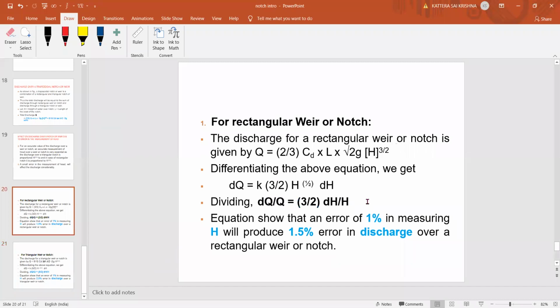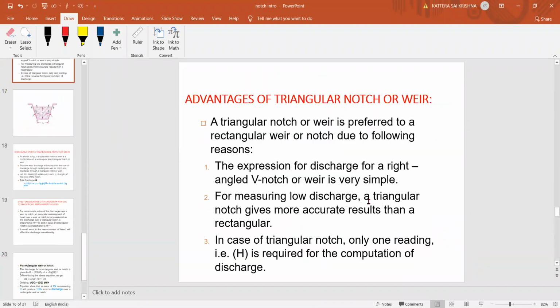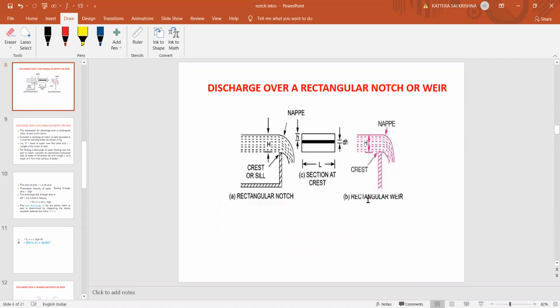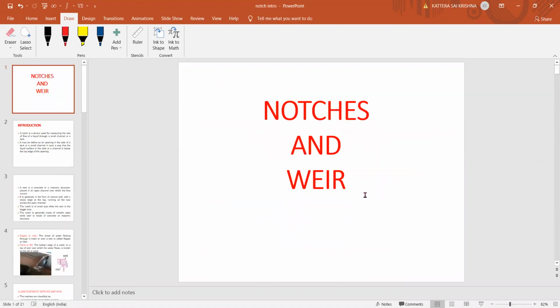Right, so this is some small introduction about our notch before starting our experiment today. Now I will share the slides for your experiment. Please keep an observation notebook with you, because we are not forcing you to write your records, as most of you have not got your records. Please take observation notes, and we are going to take only what I have written in the slides. You can write that down in your observation notes, tabular column and Excel.